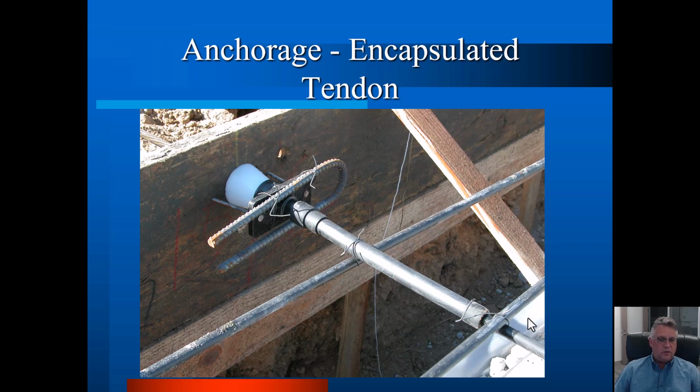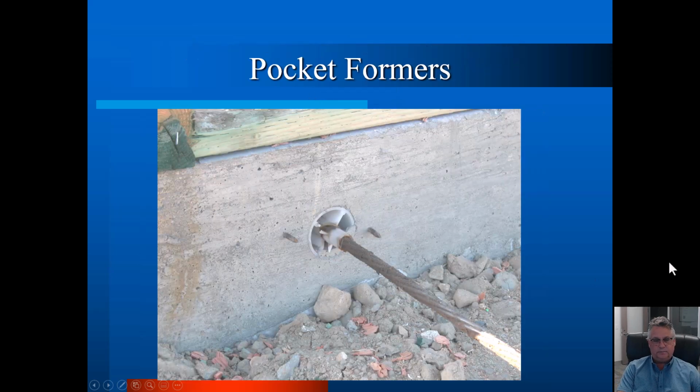But in 2014, ACI decided that every tendon would be fully encapsulated, regardless of where it existed in a building structure. So this is the encapsulation system. It keeps that bare strand from ever seeing the light of day, ever seeing moisture, salt, or the concrete. Everything's in plastic. Everything's isolated. And hopefully we've solved all corrosion problems. I think we have. So this is a plastic pocket former that will sit in there. It creates this void. It'll be pulled out.